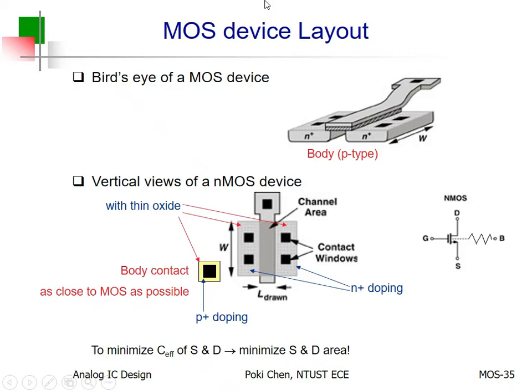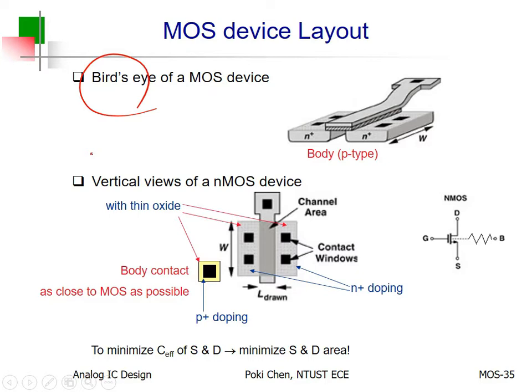Let's have a look at the simplest linkage between IC design and layout. Anyway, MOSFET is some kind of three-dimensional device. That is 3D. Okay. Anyway, this is some kind of bird view or